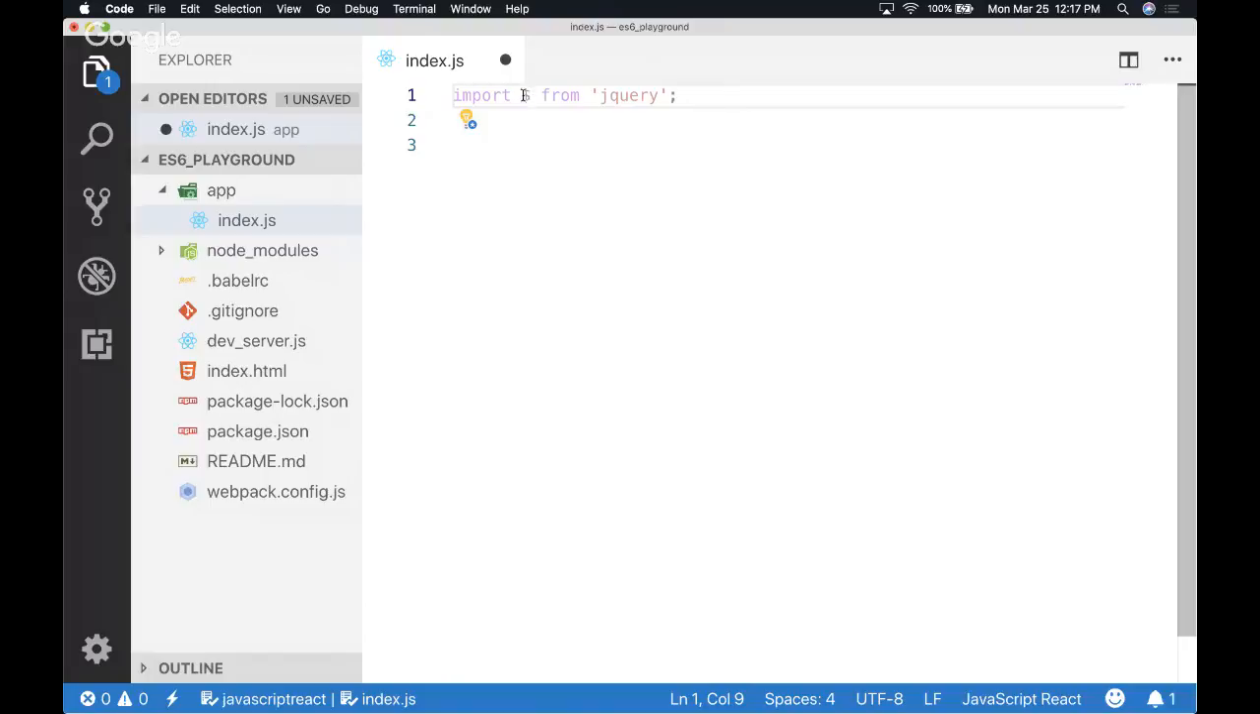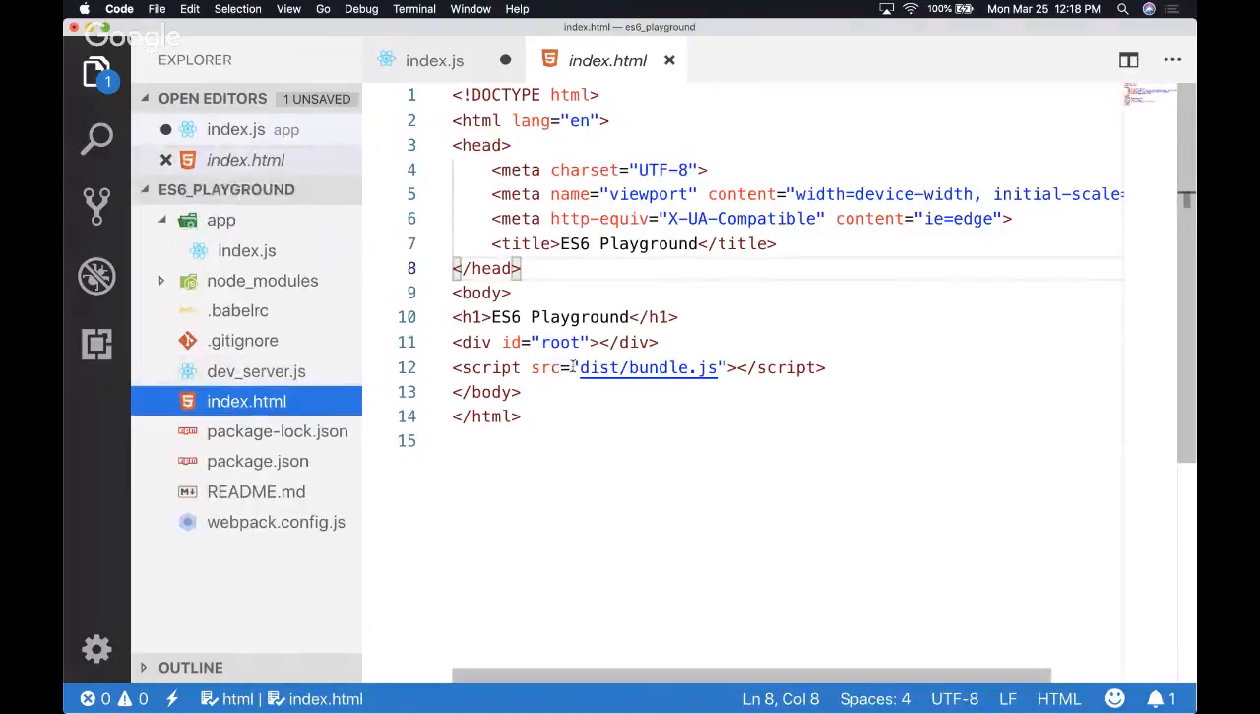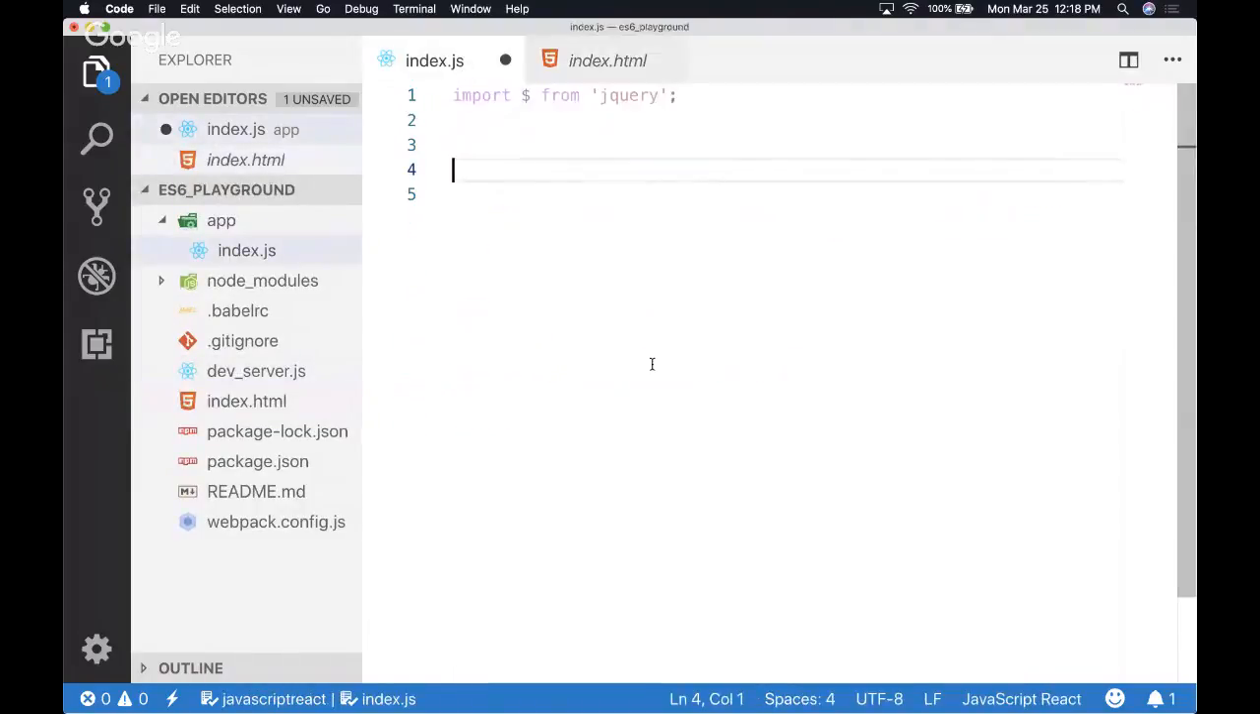All right, so now that we have jQuery, let's do something with it. If we remember in our index.html, there is a div with an ID of root. So if we target our div with an ID of root, $,